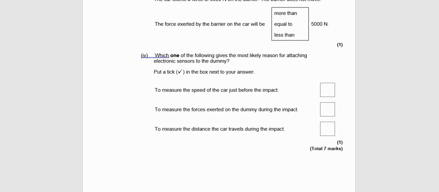And finally, the last question. Why would you attach electronic sensors to the dummy? Well, measuring the speed of the car just before the impact can be done from the outside. Measuring the distance the car travels during impact can be done from the outside. It's much more likely to be measuring the forces exerted